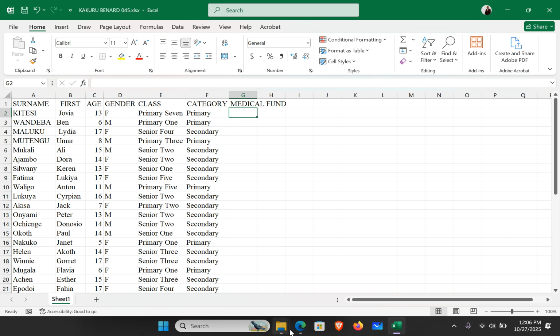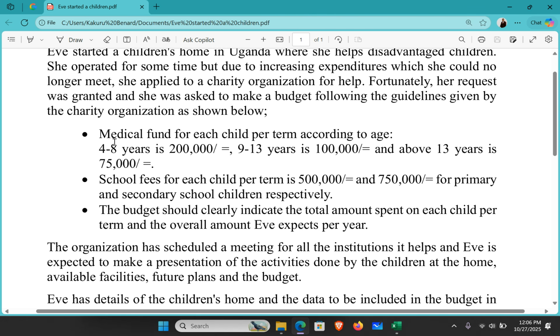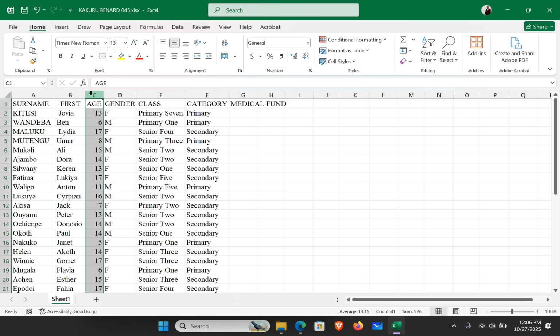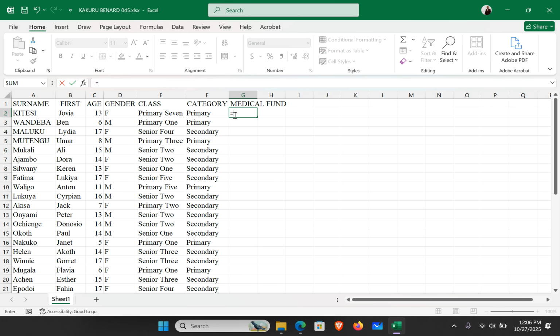Here we are going to use if function to distribute the medical fund according to the years. Here we have the years under age. So we can say equal signs if, open brackets, if C2 is less equal to 8, comma, we open quotes, sorry, is less equal to 8, 200,000,